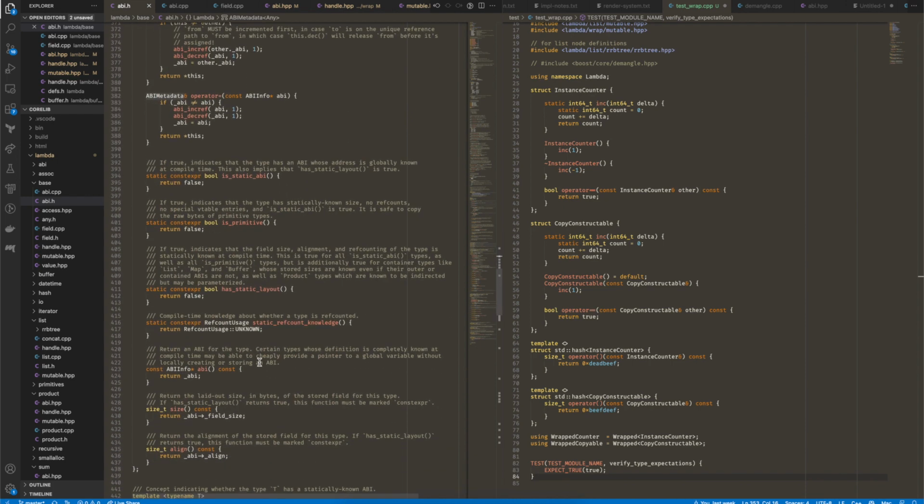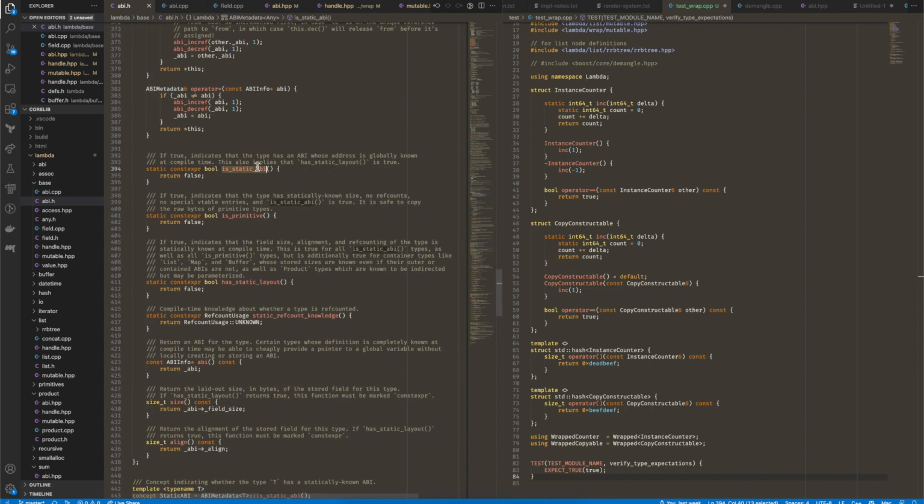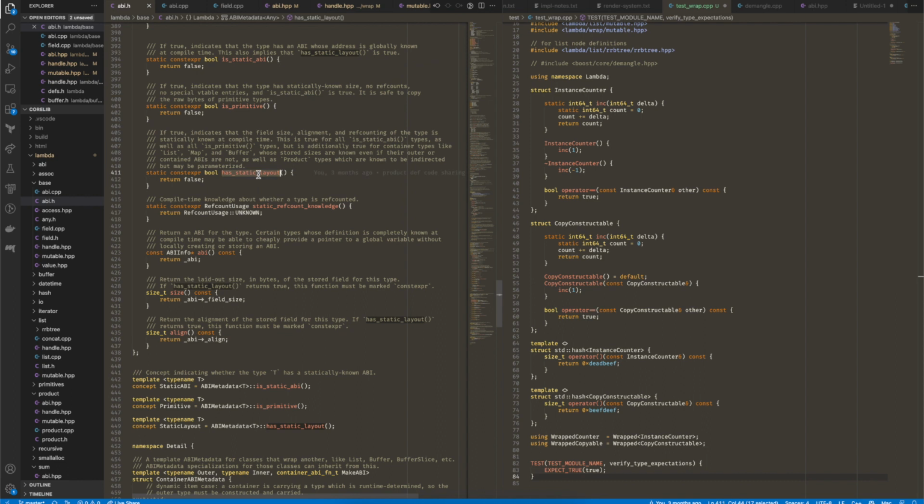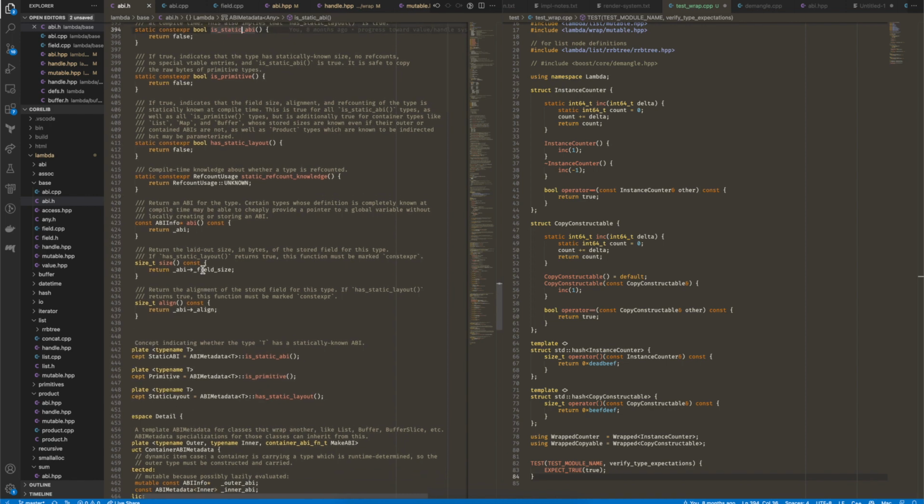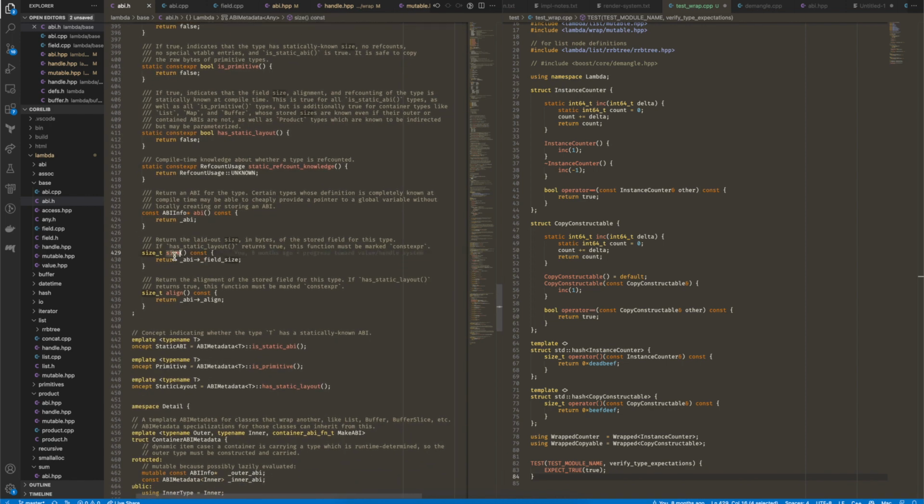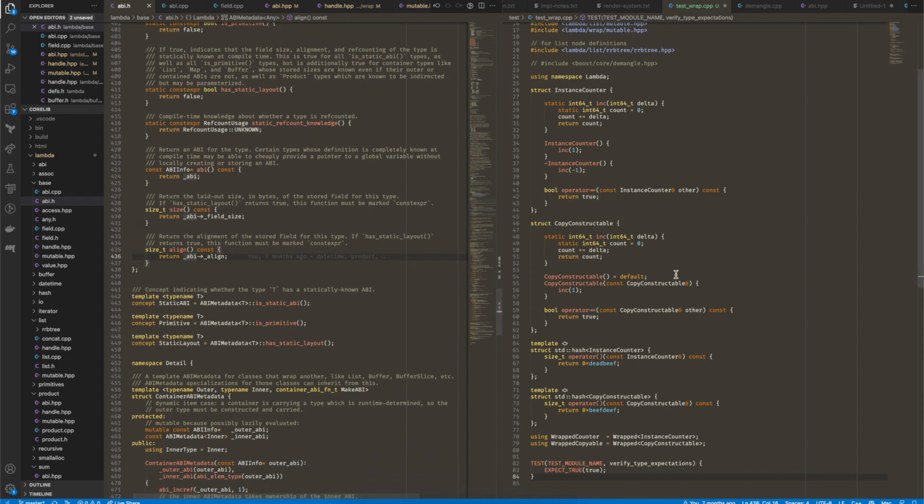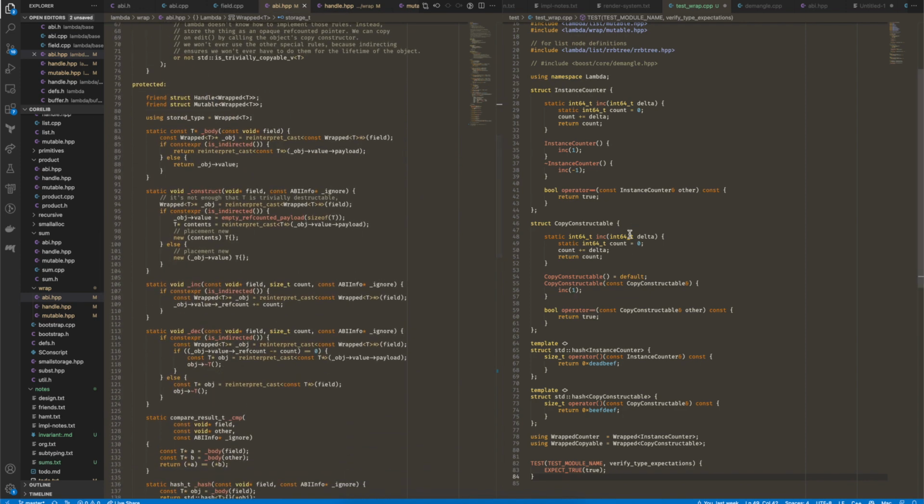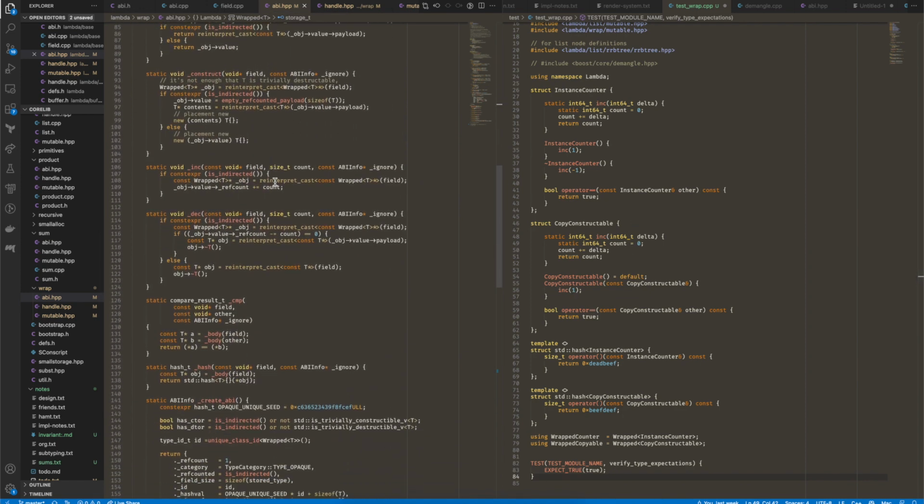And that knows similar things. It knows about whether the information is available at compile time or not. It knows whether the layout is known at compile time or not. Those are not exactly the same thing. I could go into detail, but not right now. It knows how many bytes it takes to store, what its alignment is, and a few other things. So let's look at the ABI metadata for the wrapped type and come up with some assumptions that